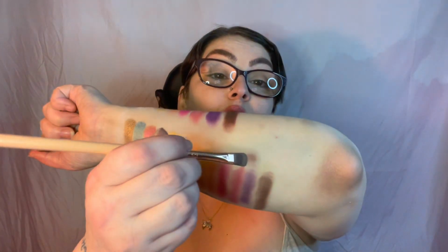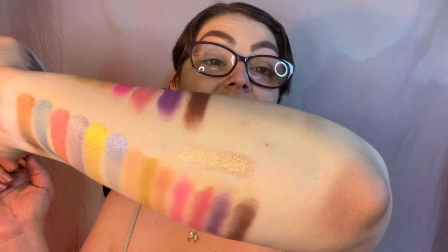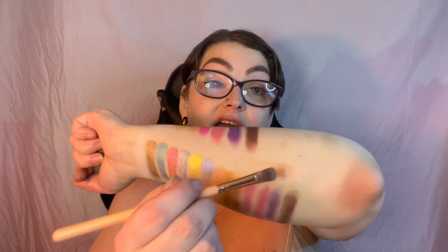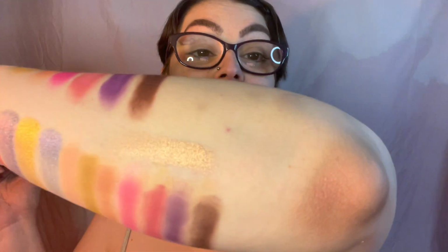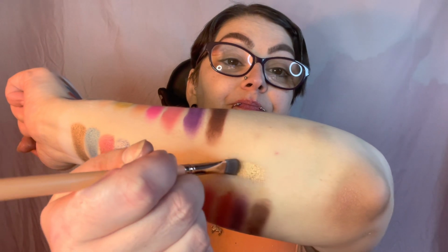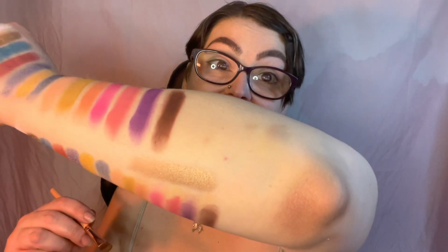It seems to be the brightest, so we'll do it here. Now you see the difference? Hers did not turn watery and have pigment here and then just colored water there, as the Ruby Cosmetics one did. Now I'm going to dip back in since my brush is damp and see if that makes a difference. Definitely did. Seems to work better wetting the brush and then tapping in,